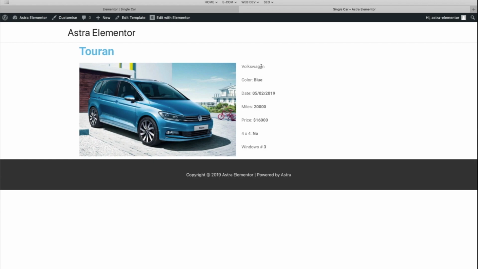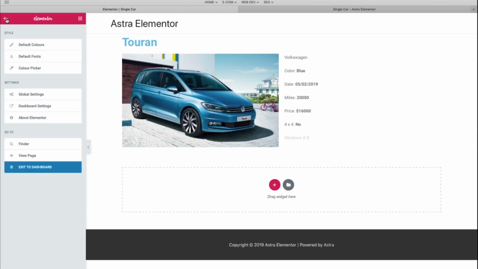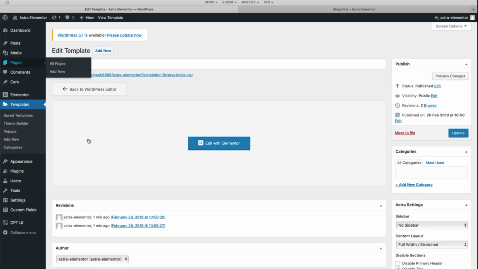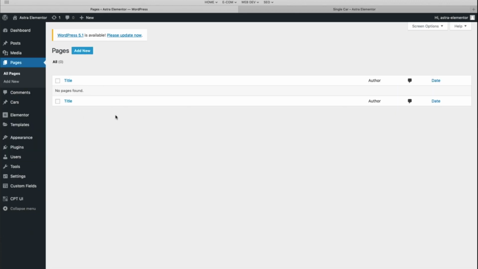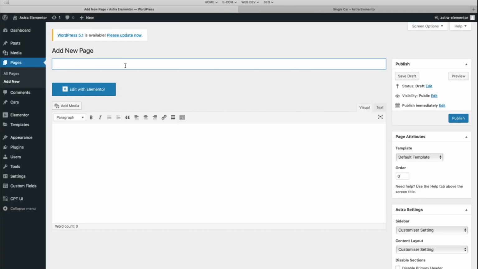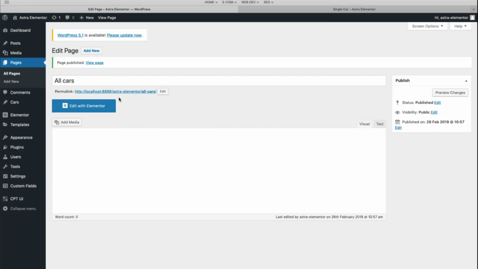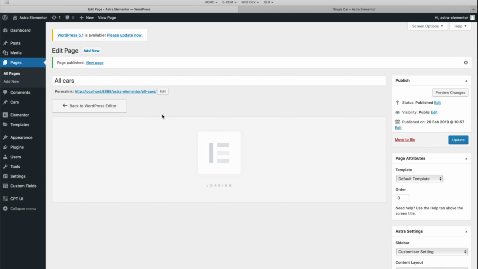Now we've got this single car, it's time to create an archive page. So when your visitors, for example, click on a page, say all cars, they would like to see all the cars that you are selling. So let's just create a simple page. So go to Dashboard, go to Pages, Add New, I'm going to call it All Cars, Publish, Edit with Elementor,